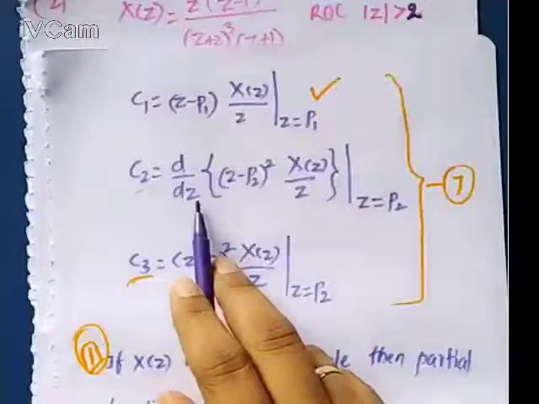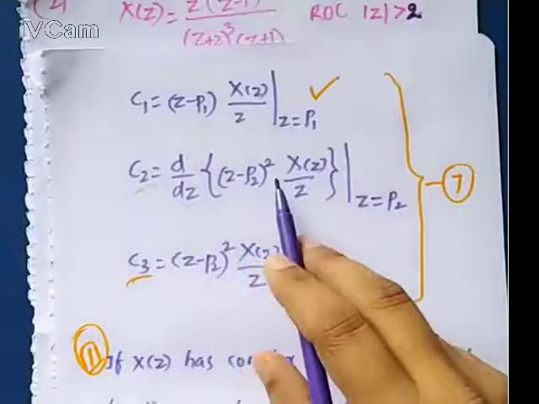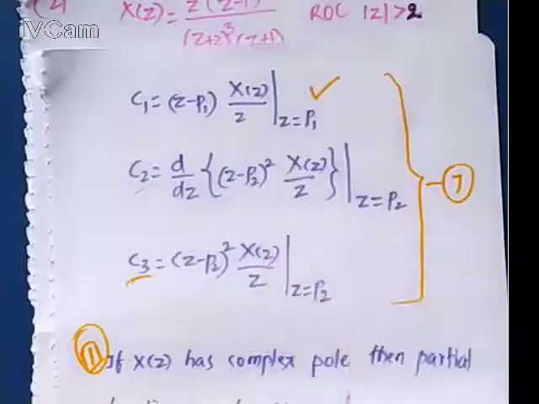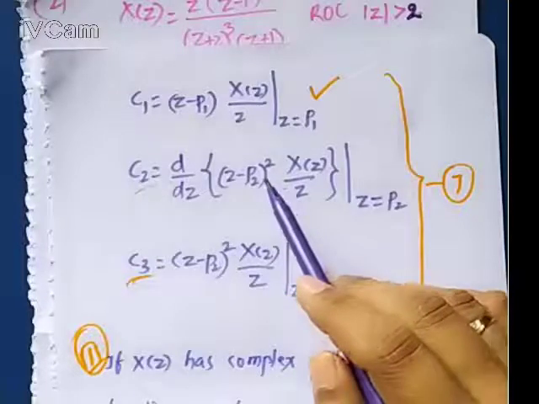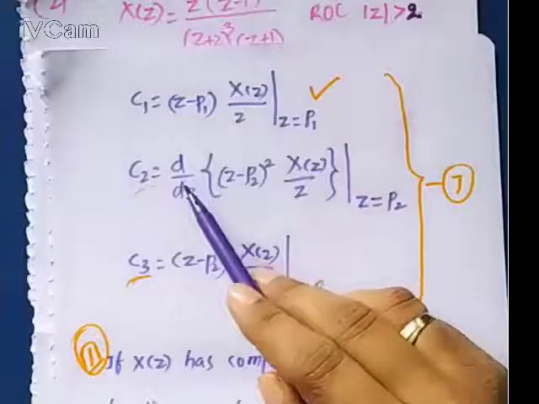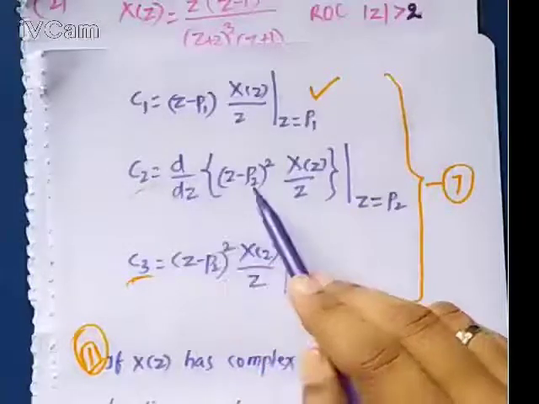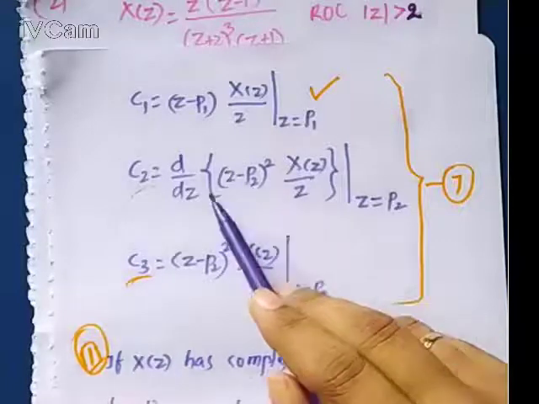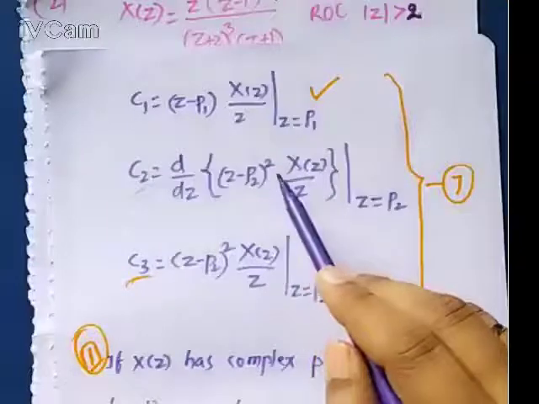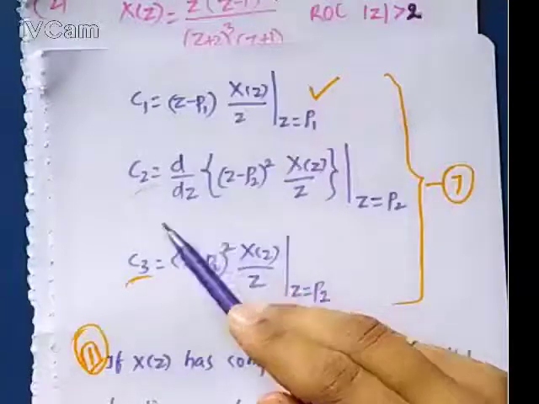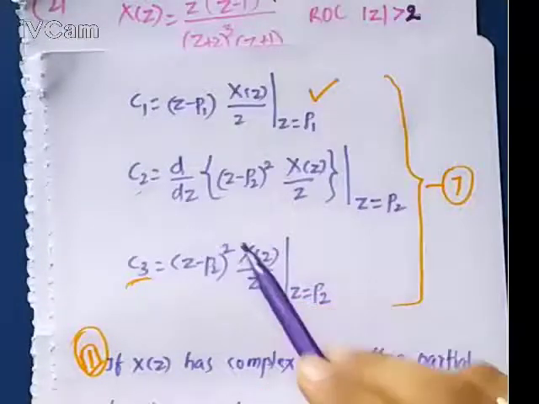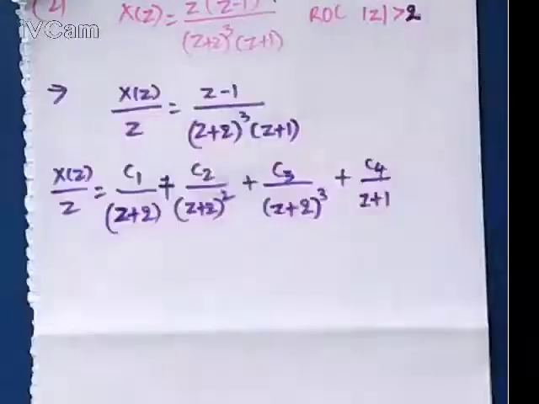We need to find the first derivative, second derivative, depending on the multiples of the pole. Like here, when I was deriving earlier, what was highlighted was (z minus p) to the power 2 only, so because of that we take only one derivation. Right? So if one time I differentiate this one, at that time I will get only one pole. So that's why it is acceptable. Now it is cube here, I will go for second derivative, like I have to differentiate it twice, d square by dz square. So we will solve it.